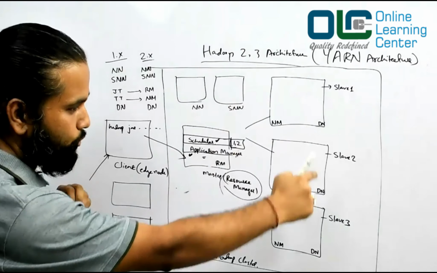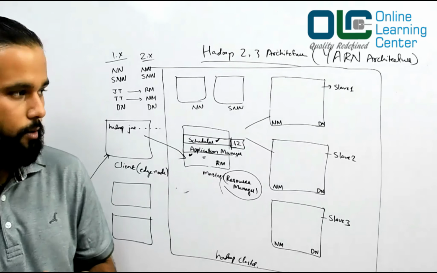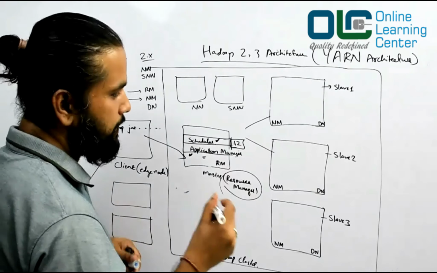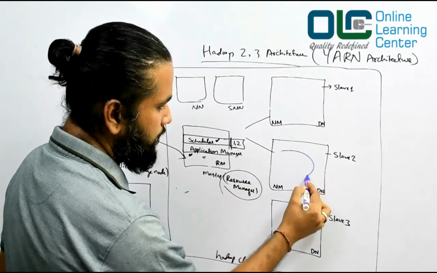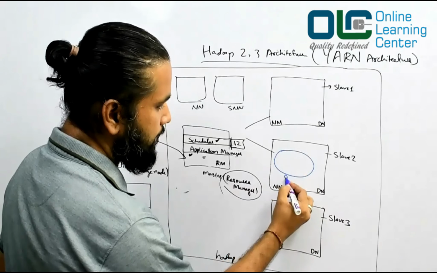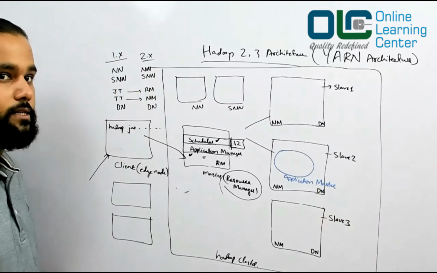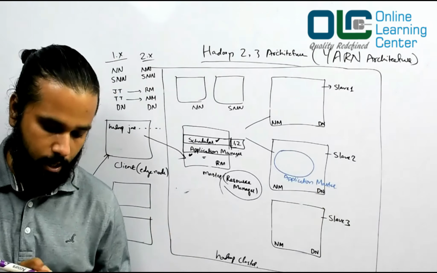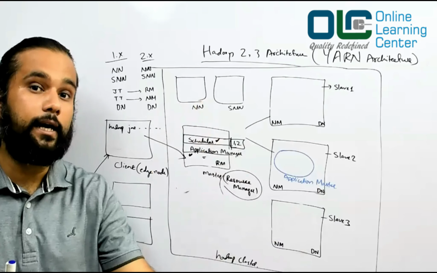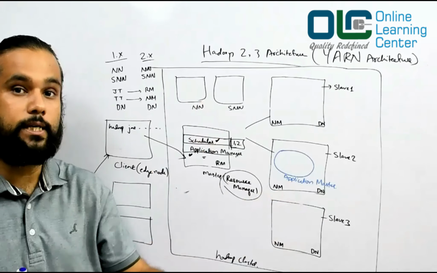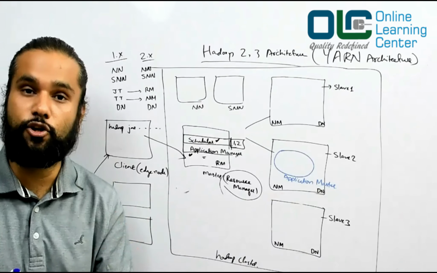Okay, so see here, we do not have a concept of application master so far. So it says, okay, we have to run this job, right? So what I'll do, I will basically get one container here, and I'll call it an application master. That application master is basically, I would say, a process which will monitor that entire application. There would be one application master for each application. And what is an application? Each submitted job, right?